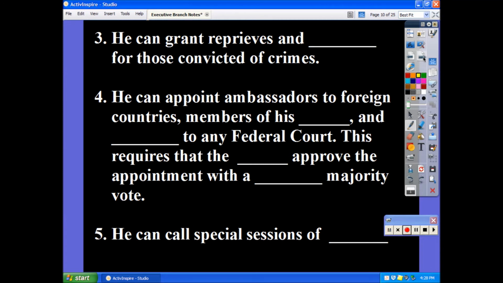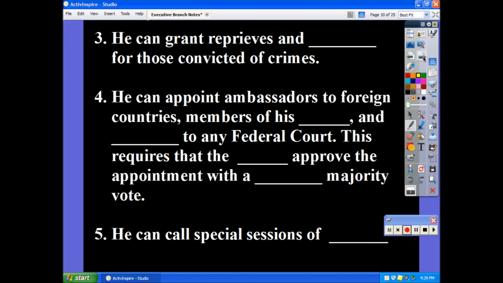He can grant reprieves and pardons for those convicted of crimes. So essentially, the president has the power to do something that nobody else in the country has the power to do, and that is to basically forgive someone who is a criminal, to let them out of jail, to prevent them from being executed, whatever it might be. And of course, the president doesn't do that very easily. It's something that takes a lot of consideration, because the last thing you want to do is be accused as a president of someone who is soft on crime, being the law enforcer, and then letting people out of jail that go on to hurt other people.